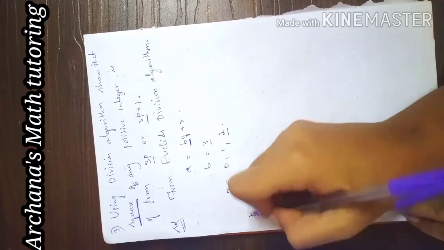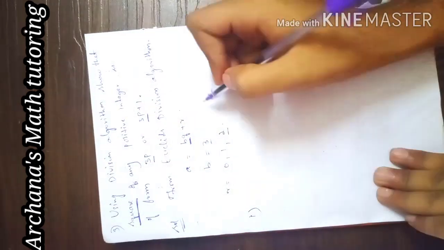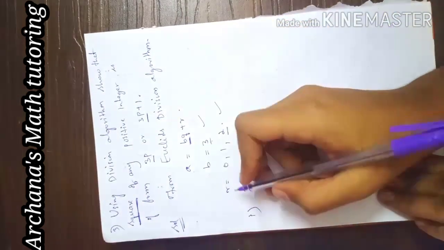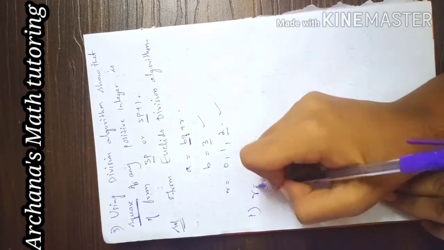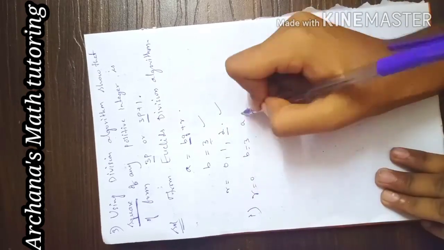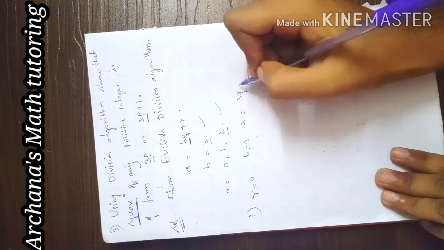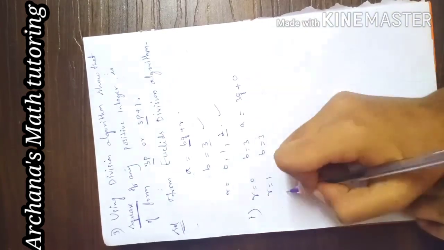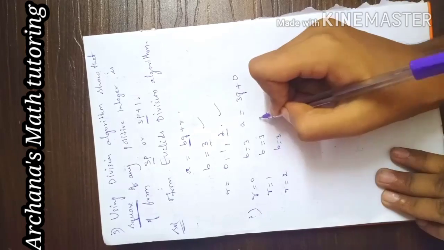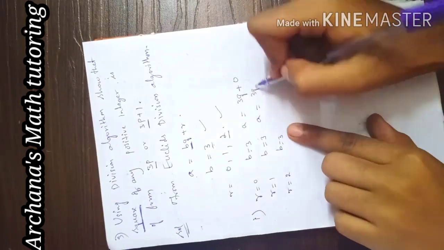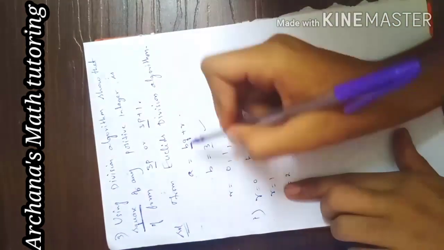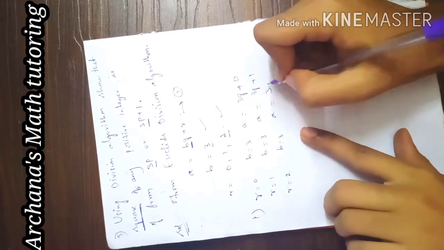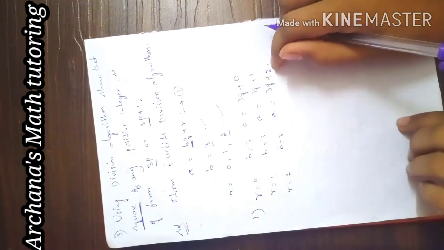So for the first case, now that you have the r values and the b value, you have to find the a values. Substitute these values in this equation. Whenever r is equal to 0 and b is 3, a is 3q plus 0. Again r is 1, b is 3, and r is 2, b is 3. Now we have to find the a values. A here would be 3 into q plus 1. Just substitute these values in this equation, let us say equation 1. So substituting there, you get 3 into q plus 2. We have these 3 values for a.